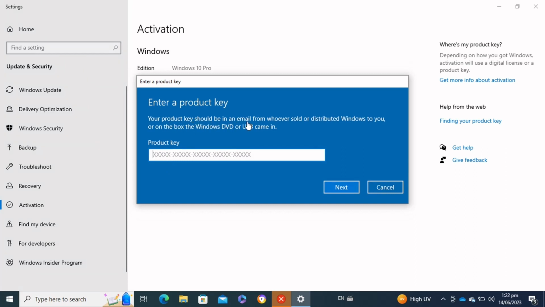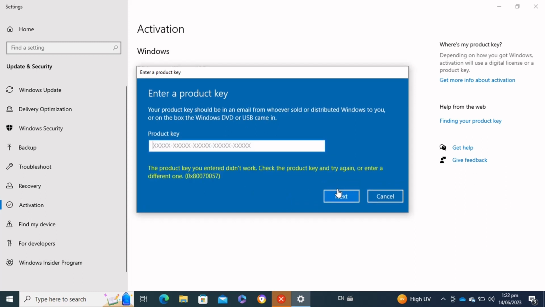After that here you have to simply add your product key. This product key will come in an email from whoever sold or distributed Windows to you. Once you enter your key, now you have to click on the next button and then you will receive an